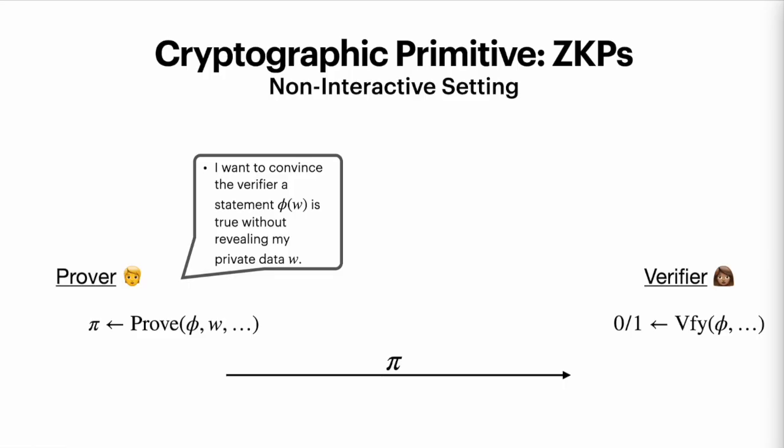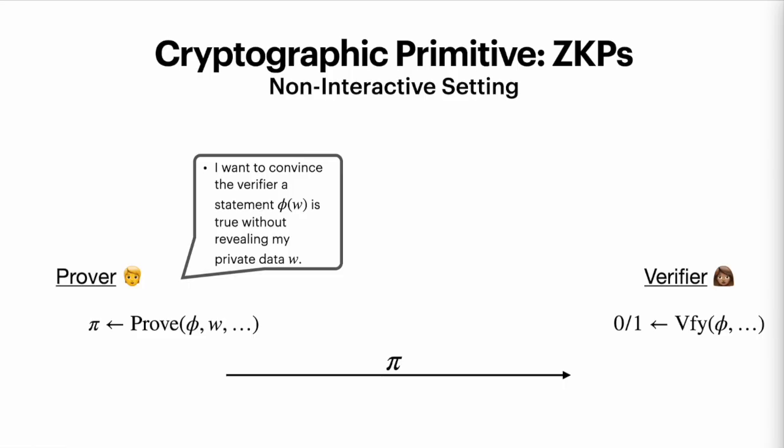So the prover runs an algorithm called prove that has baked into it the statement phi, the predicate, the witness values, and maybe some other things as well, maybe some public inputs. That generates this pi, the proof, and they send the proof to the verifier. And the verifier has another algorithm called verify, which takes the predicate, maybe some other data depending on the proof system,